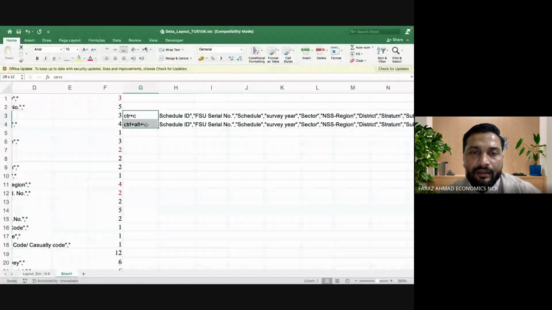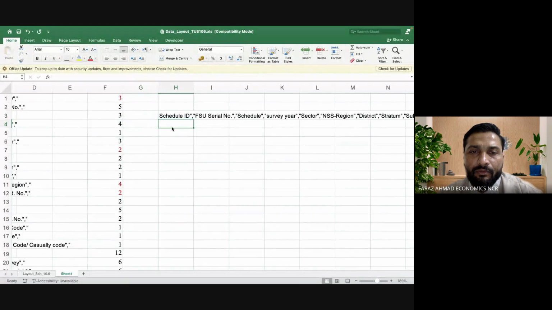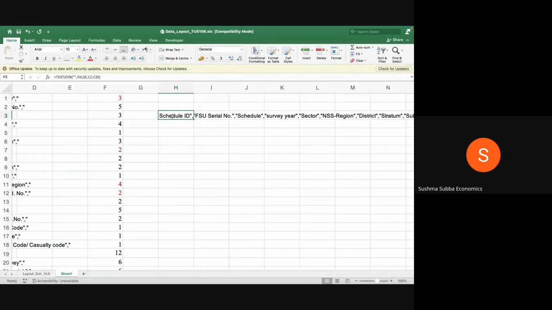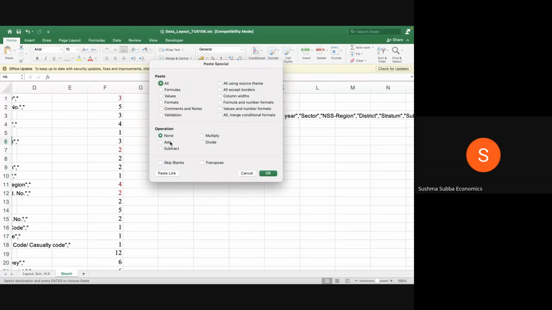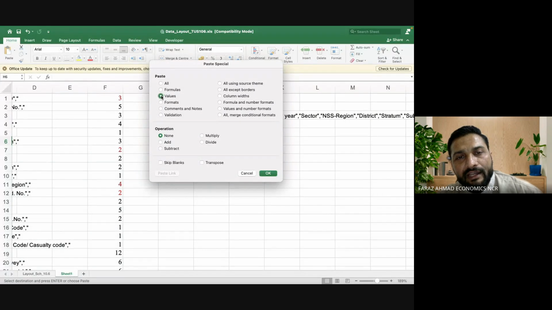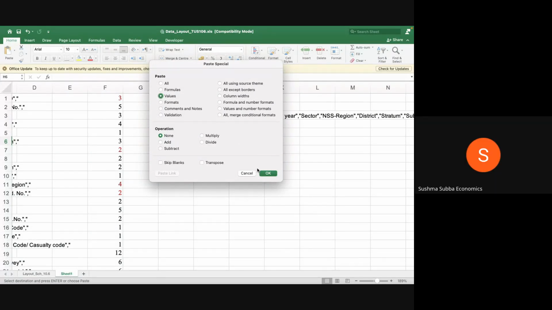I'm doing it again. Let me show you once again. मैं दोबारा कर रहा हूँ, यहाँ पे कर रहा हूँ। सबसे पहले you will click on this cell जिसमें वो सब है, उस पे कंट्रोल C प्रेस करना है। उसके बाद किसी और सेल में जाना है, उसके बाद कंट्रोल ऑल्ट V करना है। बॉक्स खुलेगा, वैल्यूज वाले को सेलेक्ट कर लीजिए, वैल्यूज हो गया। देन क्लिक ओके।